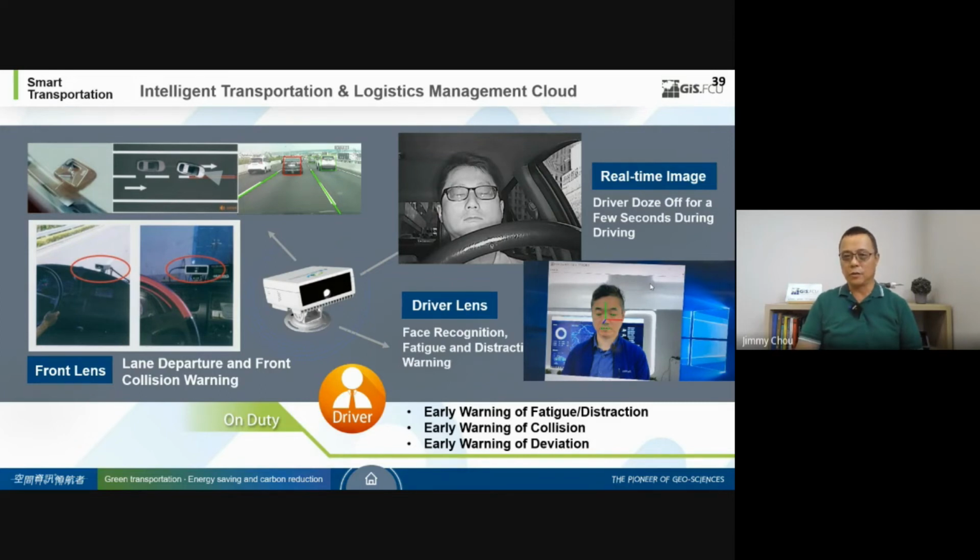All these kinds of things, we can put some sensors. We can put some sensors just in front of the driver's seat. The sensor will be able to identify the physical condition of the driver, and there are lots of different sensors to carry it, and also to load the entire information of the entire vehicle. And also we can put certain kinds of early warning of the distracting of the driver, or the driver is too tired, or some kind of possible collision, or some kind of